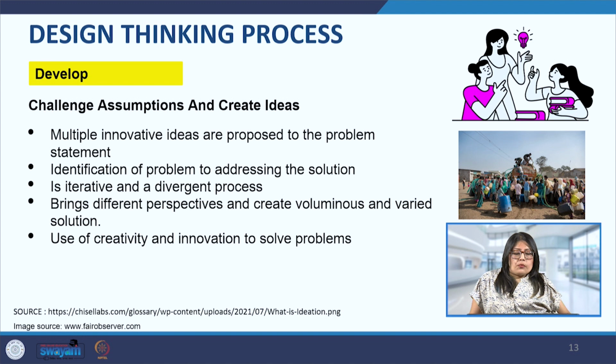We also have to keep in mind that this develop phase is an iterative and divergent process, which means that we are continuously refining and expanding upon it through multiple cycles of brainstorming and feedback. So we are taking feedback and brainstorming, and the cycle goes on. In the water delivery project, the initial concept may be sketched out and discussed, and then we may take the solution to the stakeholders and take their feedback, and then we may go back to the first step, where we were generating concepts, and we may come up with newer concepts, or we may modify the concept that we have made. That is the iterative and divergent process here.